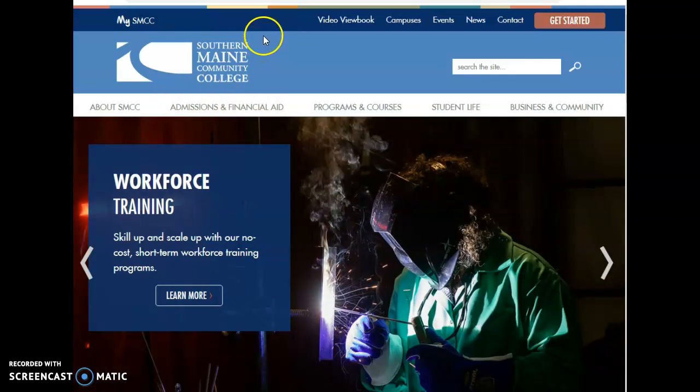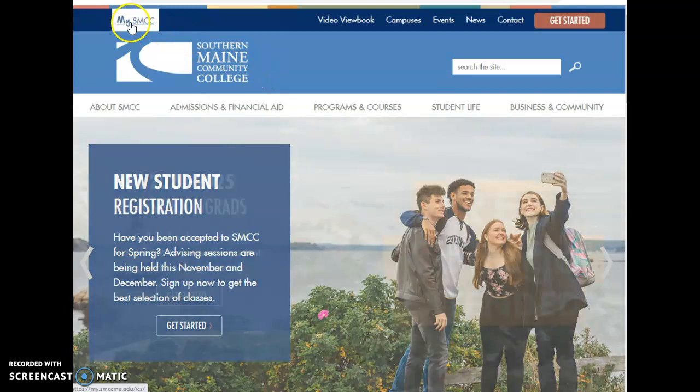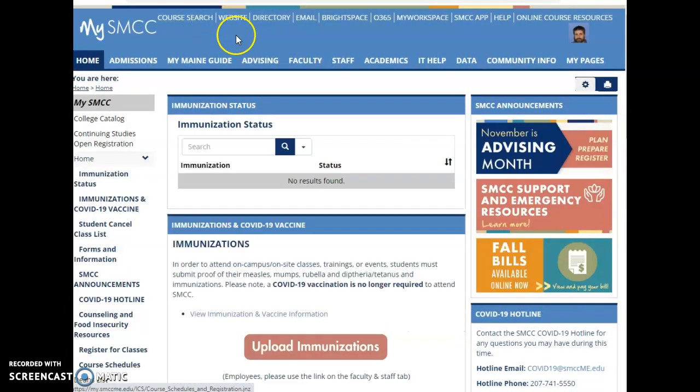So the first thing we're going to do is go to www.smccme.edu, which is our homepage. Click on My SMCC, and then log in. You can see I'm already logged in, but there'll be a tab right around here that says Login. You're going to click on that, log in your information, and then you'll get to this page. You're going to want to go to My Main Guide,